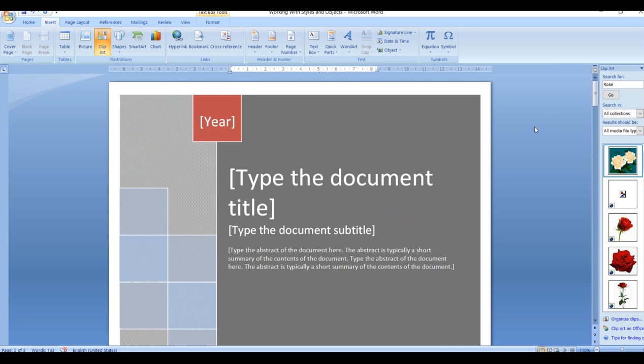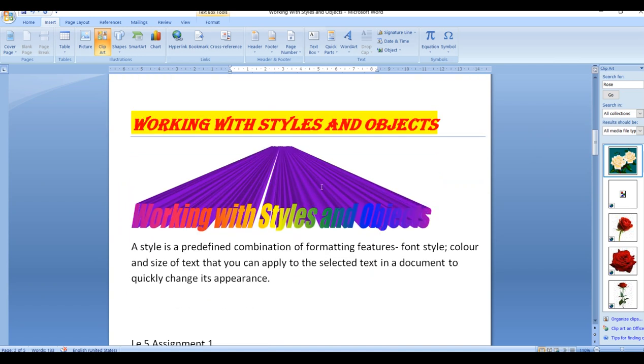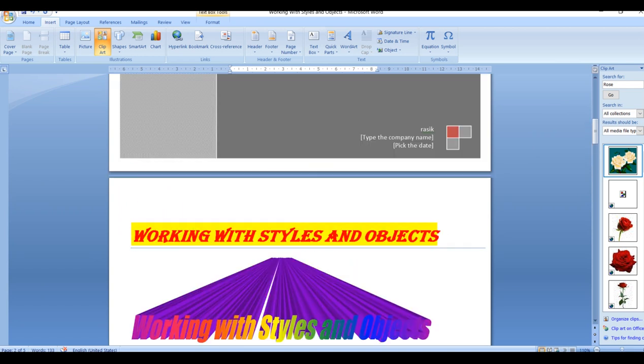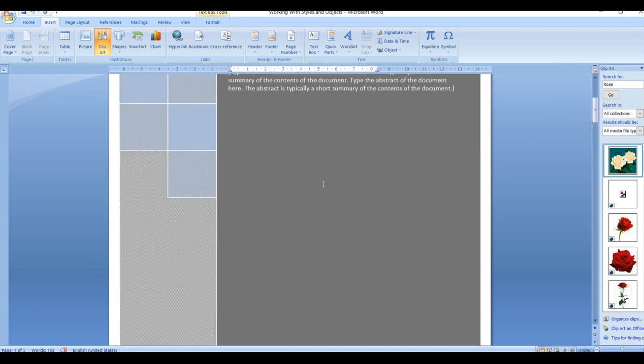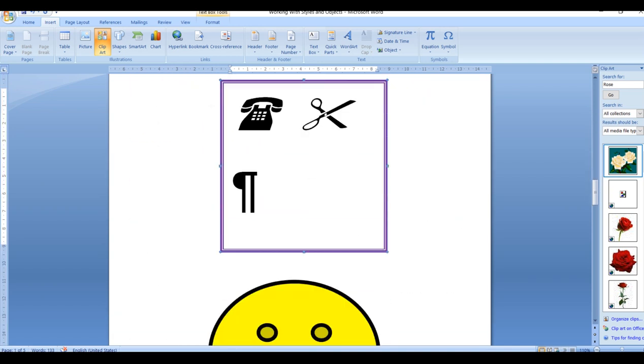So I'll just repeat what all things we saw. First of all, we saw how to change the text styles, text color, font style, then how to insert the WordArt. Then we saw how to add a cover page to our Word file, then how to add the text box. Then again we saw the special symbols which we can insert using the Symbols group.